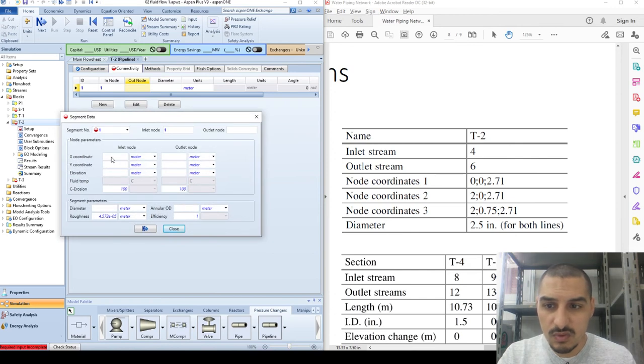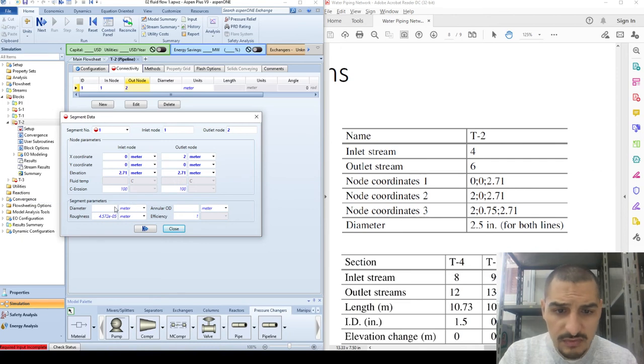It's node number 1. The x coordinate is 0, the y coordinate is 0, the z coordinate is 2.71, and this is 2, 0, and 2.71. So it's 2 meters. The length is 2 meters. So from node 1 to node 2,